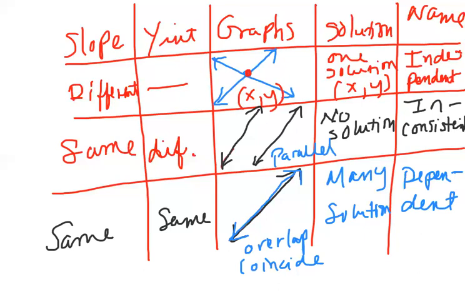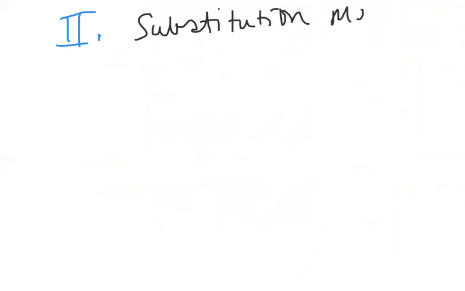So basically, guys, these are the three cases for the systems of equations. Either you're going to have one solution, no solution, or many solutions, and the graphs are going to be overlapping. So that's the essence of the graphing. I want you to be able to recognize the graphs, and that's about it. Now, this is where you really are going to start solving these systems of linear equations. And so the second method we're looking at is the substitution method. When we talk about the substitution method, guys, this works well for some systems, not all of them, because